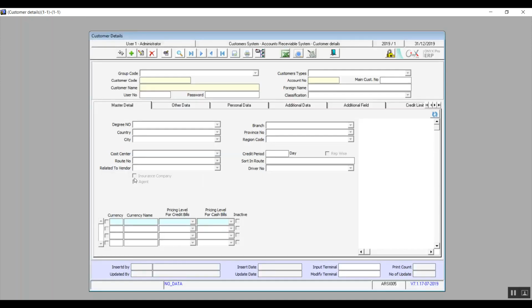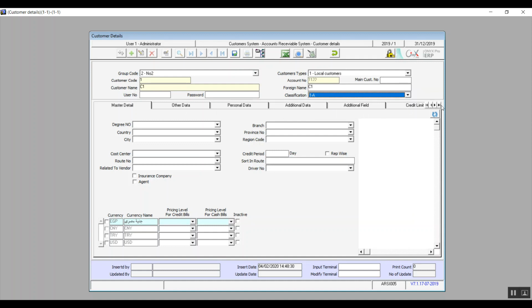Alright, so you will click on add. Select the group that you want to add this customer to from the drop-down menu group code. Then we will enter the customer's name, and for a name, select the customer type in case you've added types before. And if this customer has joined us through a referral from a different customer, then we will enter that main customer's code. Then you will select the customer's classification, and as you can see, we have actually 12 tabs